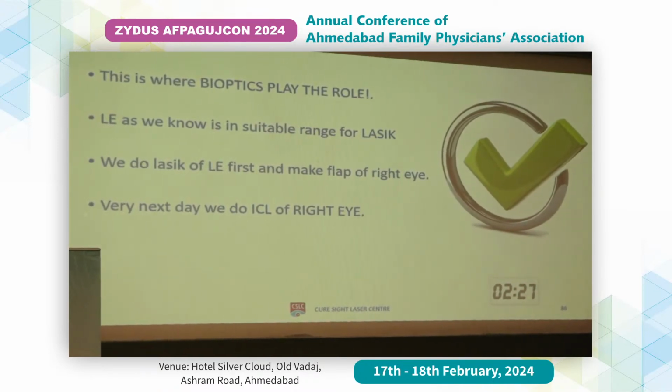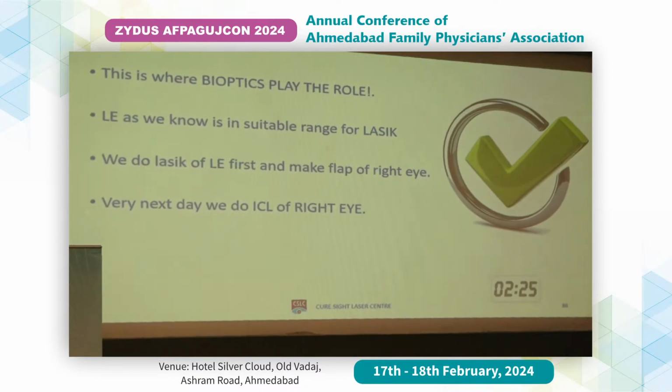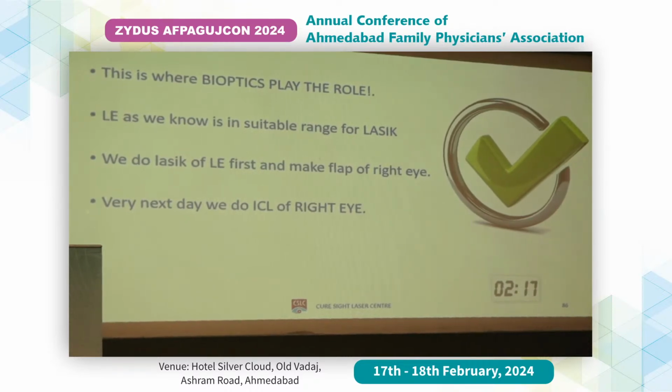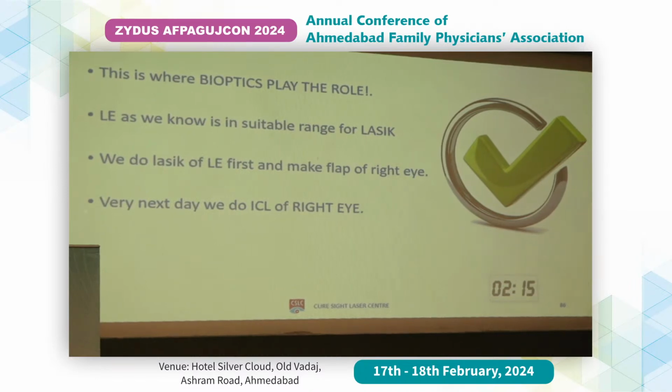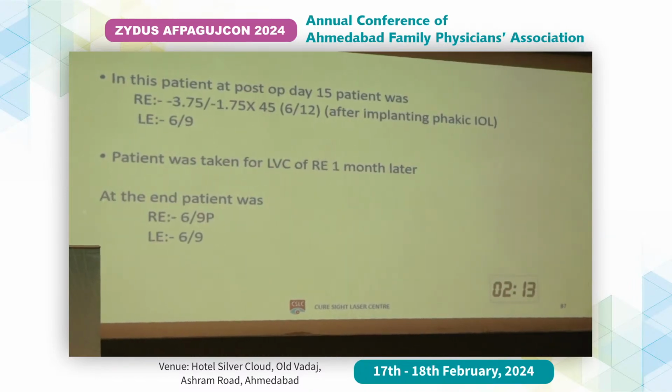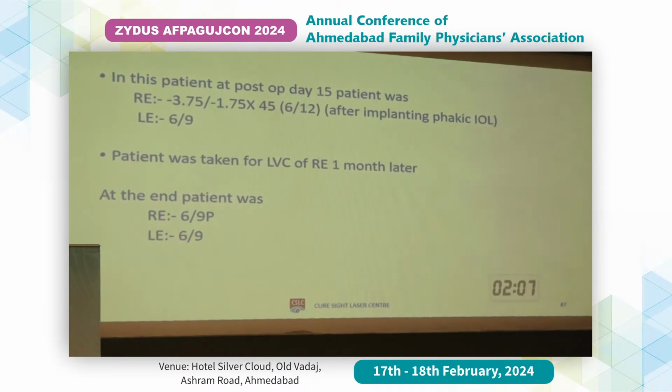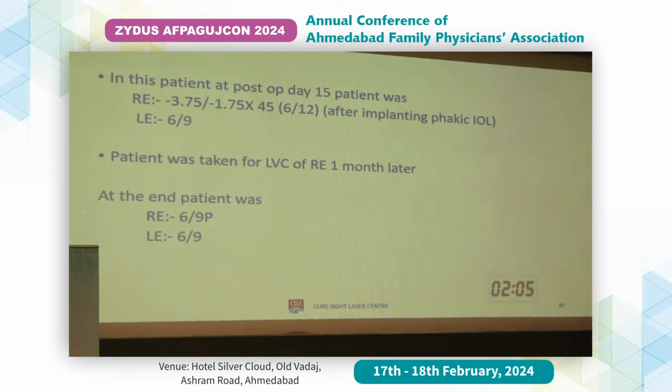Most of the numbers in his left eye were corrected first. The left eye was corrected by LASIK. The right eye we corrected first by implanting the ICL and removed almost up to 20 numbers. At 15-day post-op, he had just around 3.75 to 1.75 numbers. So after 1 month, we did the LASIK procedure on that eye as well and made it emmetropic, 0 numbers, and he got a good vision of 6/9 partial.